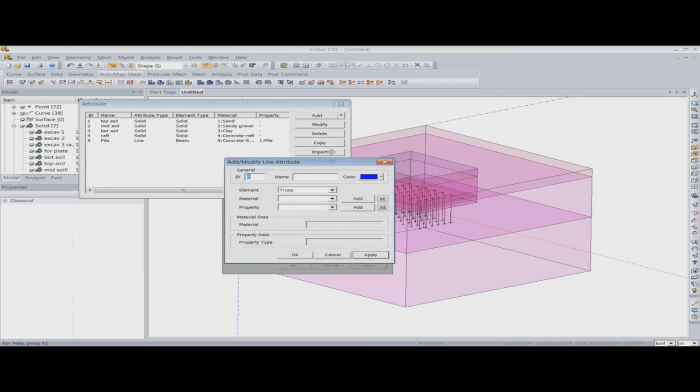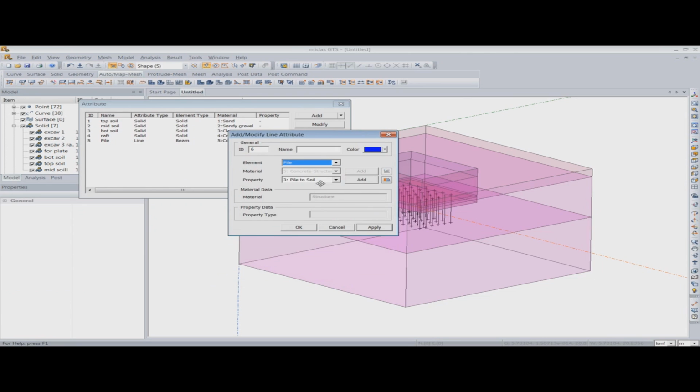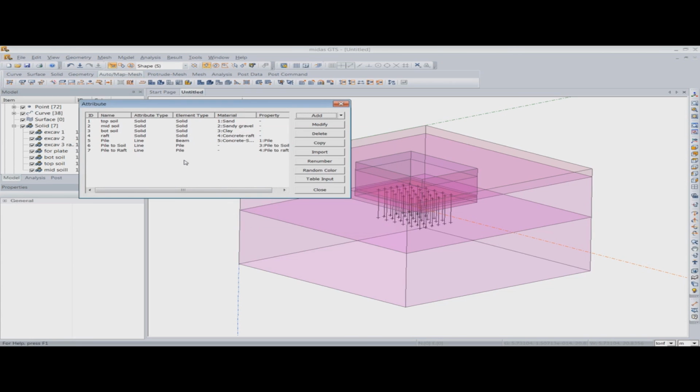So I'll again go to line, and the element type will be pile. I'll give it the name pile to soil, and I'll select the property as pile to soil, and I'll define an attribute for pile to raft. So if the pile is in the raft, it will have the property as pile to raft. And this is how I have defined several different parameters for meshing.